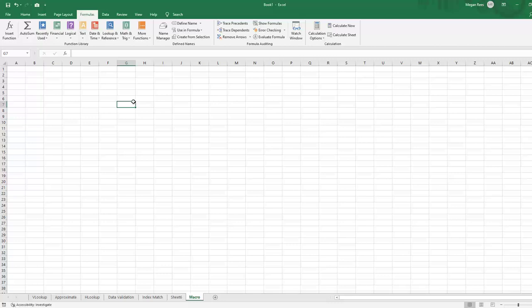So I can push one button, it will do everything all at once. So it's just kind of a shortcut to achieve a lot of stuff. Macros have historically caused problems with viruses, and so Microsoft has put a lot of checks in place for macros. So if you're ever going to use a macro, you have to resave the document as macro enabled, and if you open a document that has macros, you have to enable those macros and say yes, the macros are okay